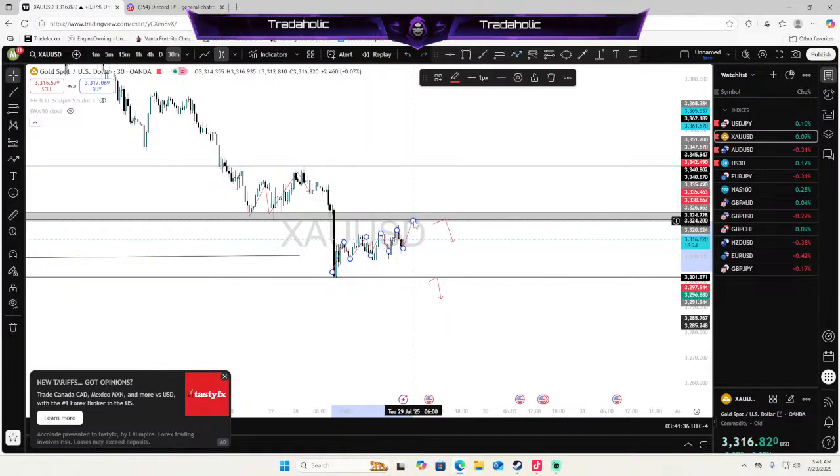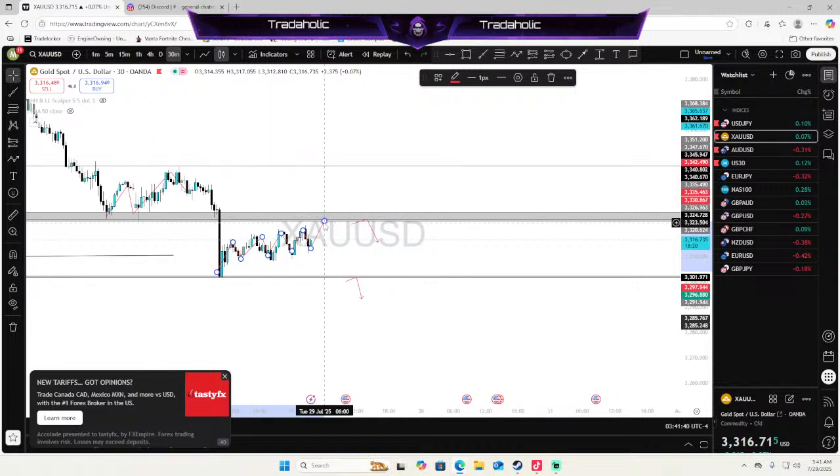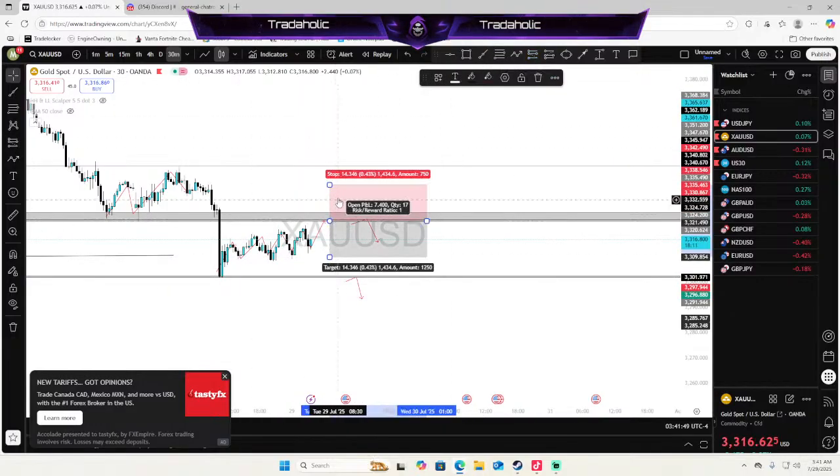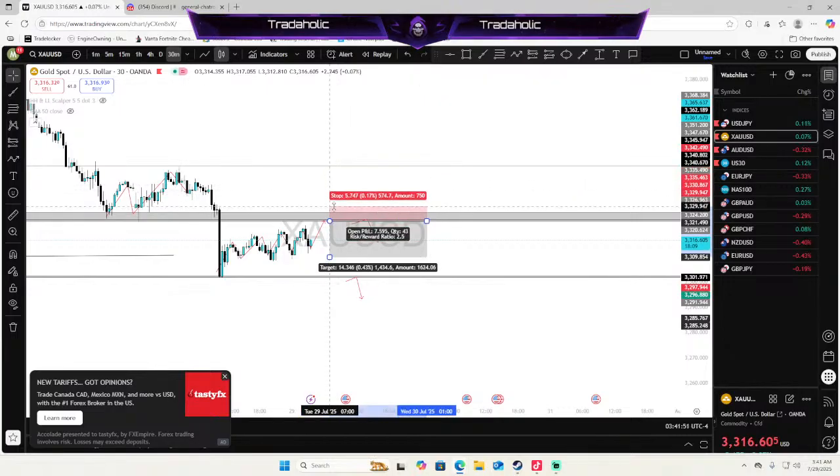I'm trying to see if this retracement could pull back into these previous equal lows back over here and give me some kind of rejection signal at this level. Then I'll look to take sells to trade back to the bottom of this range. So hopefully we can get an entry up here with a stop loss above the level, and then we can look to target the bottom of this range.